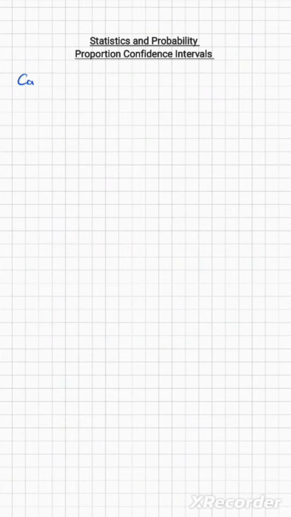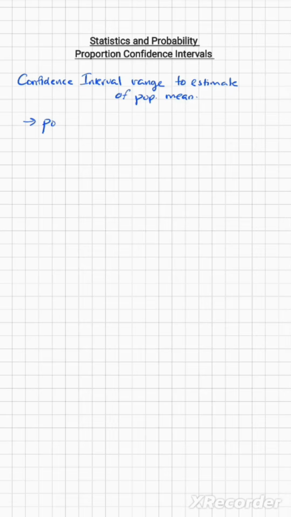Today we'll go over the confidence interval using proportions. Now, a confidence interval gives you a range to the estimate of the population mean. Here we'll basically have a proportion. So it's an estimate proportion